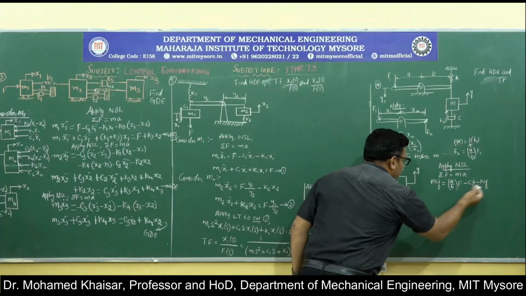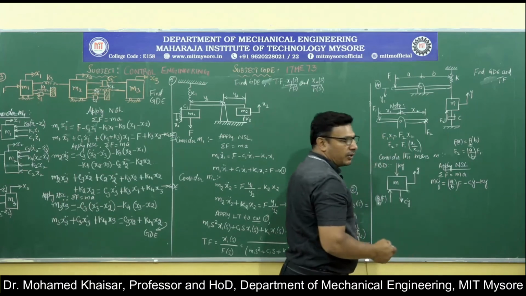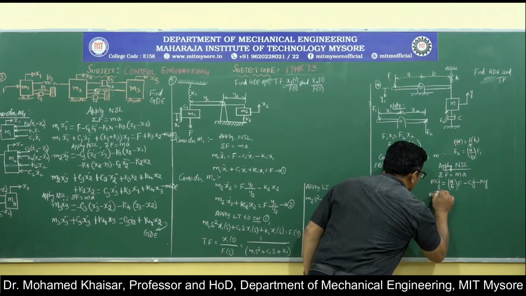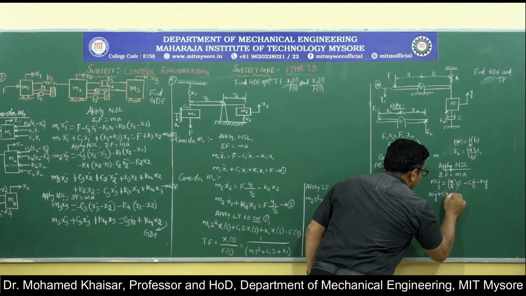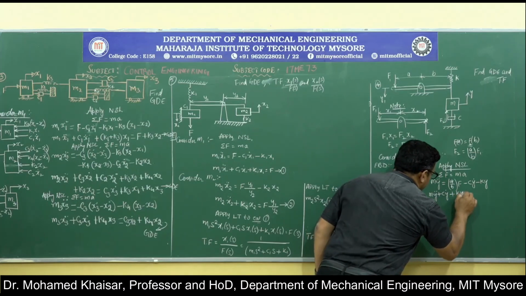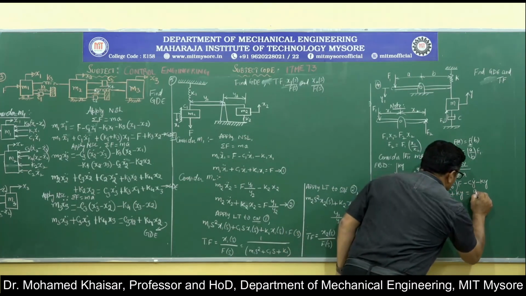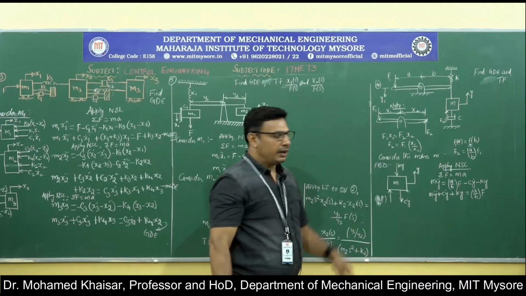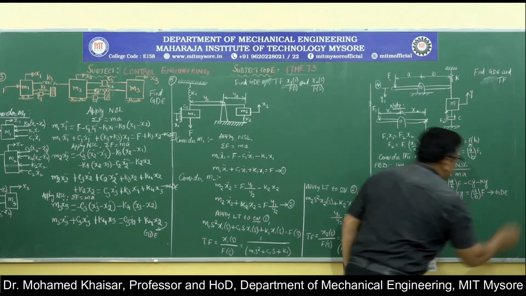So therefore bring all the components of y on one side, and retain other components on the right hand side itself. So m y double dot, plus Cy dot, if you take it onto the left hand side it will be positive, plus Ky, if you take it onto the left hand side it will be positive. So therefore A divided by B into F will be remaining on the right hand side. This is going to be the governing differential equation.